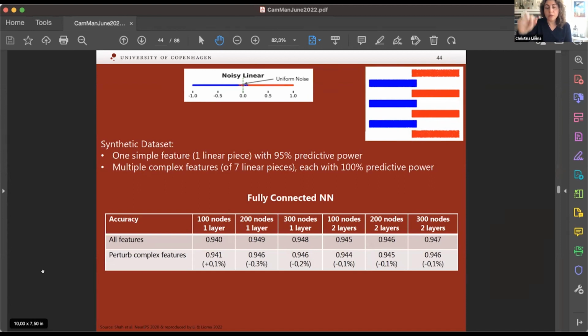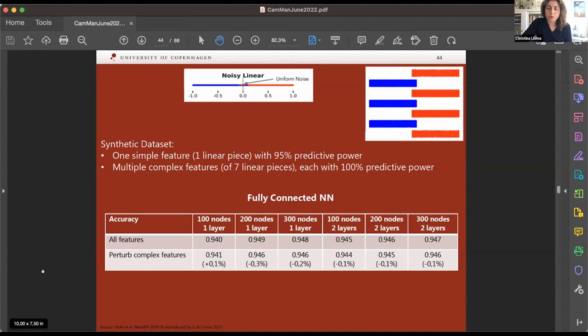When we repeat the experiments, we witness a very small and insignificant change in performance. Distorting the complex features, which are the more discriminative, does not change much the decision of the network. The change ranges between 0.1% and 0.3%, which is really negligible, and these small percentages are due to the fact that these experiments are averages across several folds.